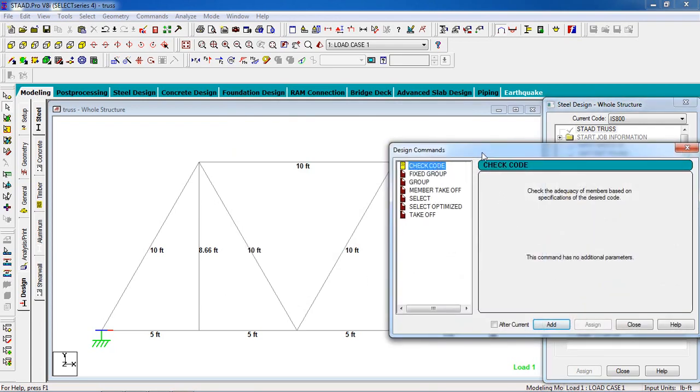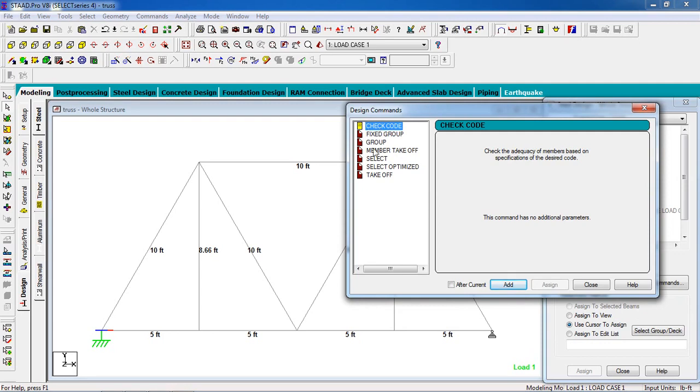Now select check code. What is check code? Now I have given some properties and some loads and supports also.